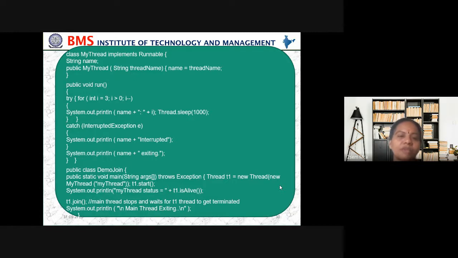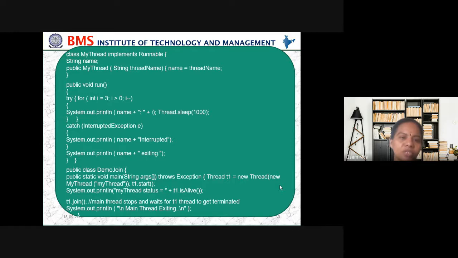So in that, a for loop is used where we start from i and run till i is less than 0, repeat displaying the i, and wait for 1000 milliseconds, then again repeat. So like this the for loop is repeated. This for loop is within a try and catch block. So then creating a main class.